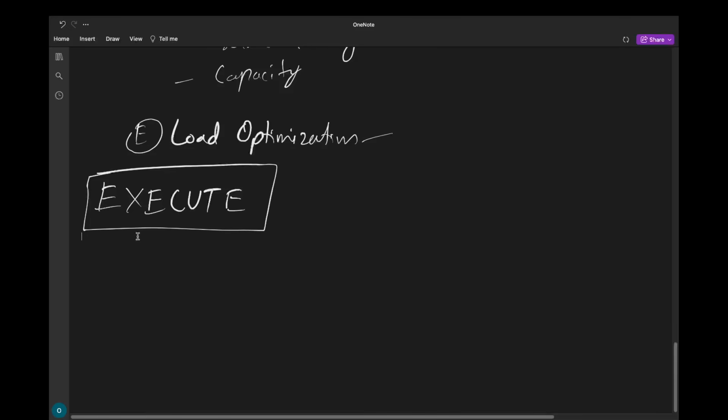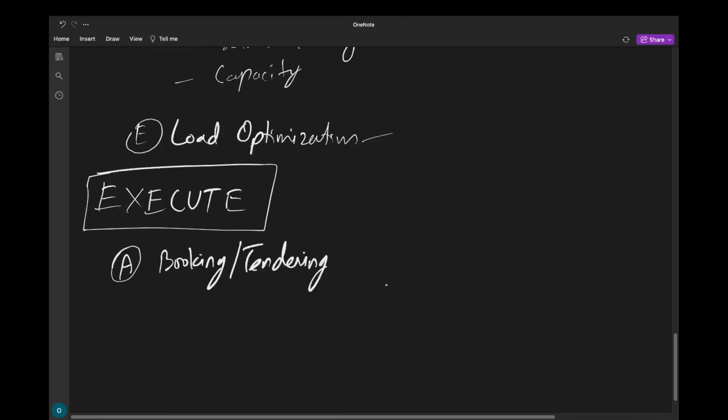So in execution, what do we do? First we do the booking or tendering. Okay. So we formally book the shipment with the selected carrier, because in planning we have selected a carrier. Now we formally book this with the selected carrier. We send the tender to the carrier. What is a tender? It's an offer to the transporter, and the carrier may accept or reject.